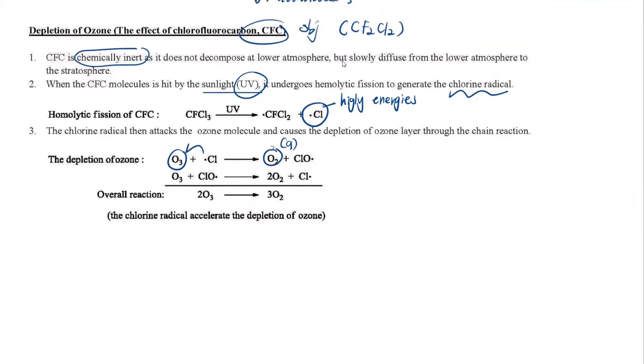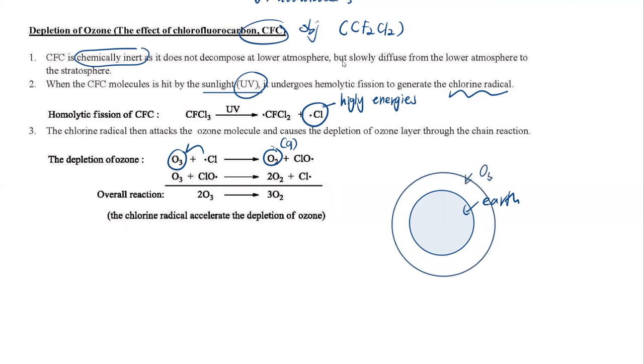Okay, you can imagine this is your Earth, and the Earth is surrounded by, okay, this is ozone. So ozone consists of O3. The chemical formula for ozone is O3, and these tiny molecules are all O3. So by the strike of UV light, this UV light strikes,